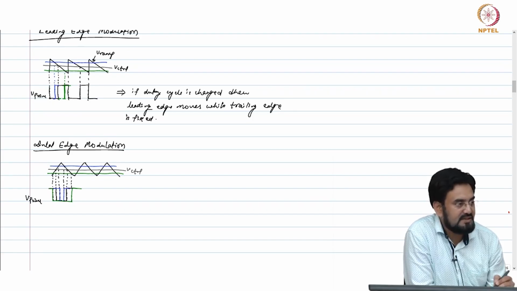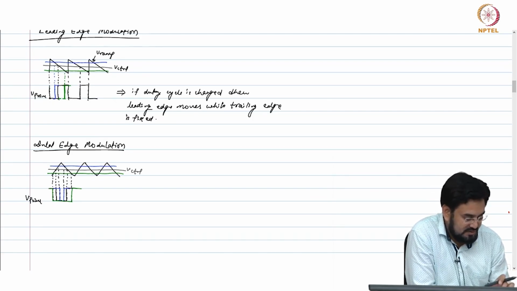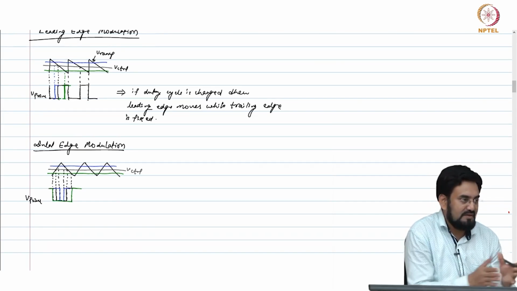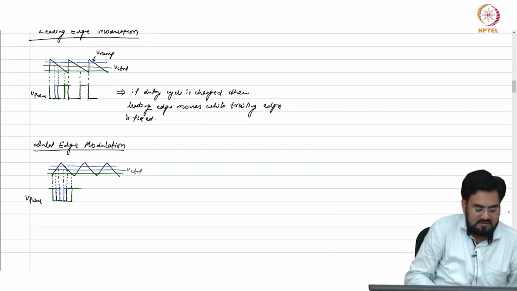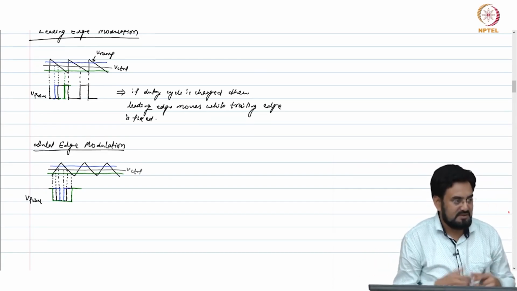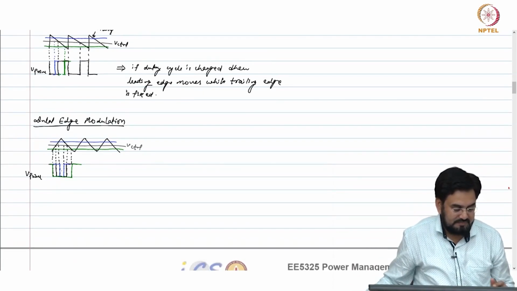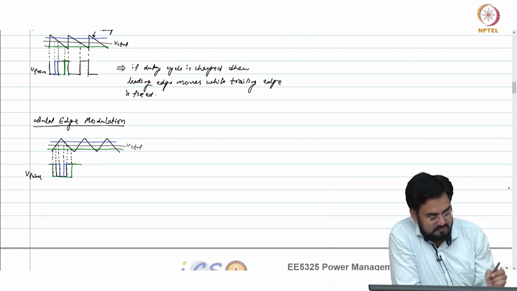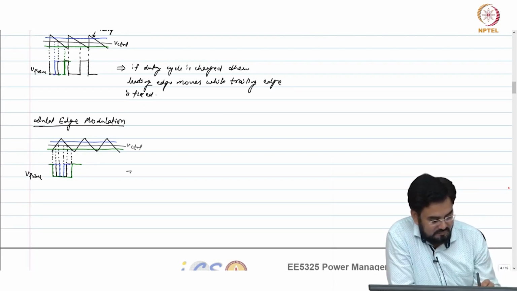As your duty cycle is increasing, your V control is increasing. So you can see here off time is less, and in the other case off time is stretching, so on time will be reduced in the other case. So, if the duty cycle is changed,